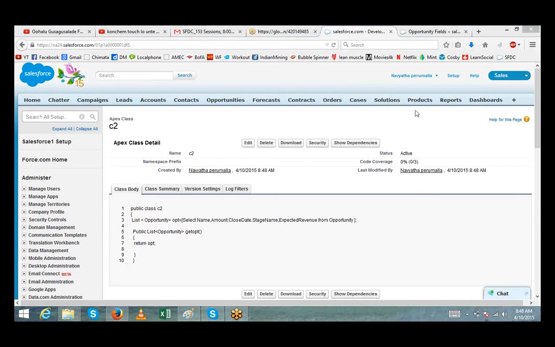When you get an error, it clearly mentions the line number. Most of the times you might have made a mistake with some small things like maybe a spelling mistake or an incorrect field or object name or a semicolon missing. So these kinds of things. Okay, so just go and check that one. So now it's fine. Now Navyata, you can go ahead and start creating your Visualforce page.